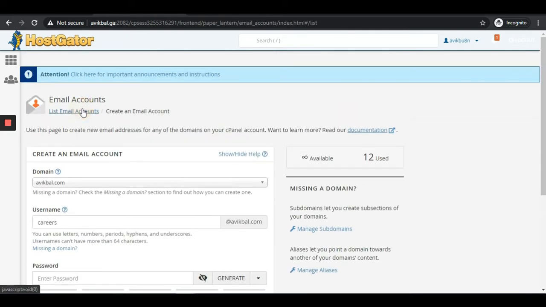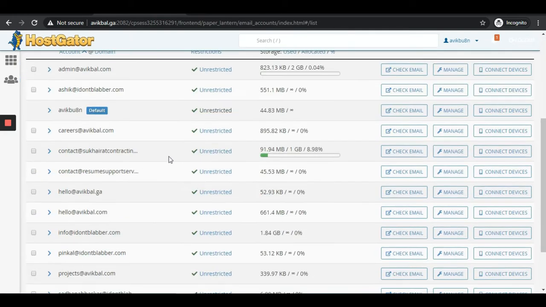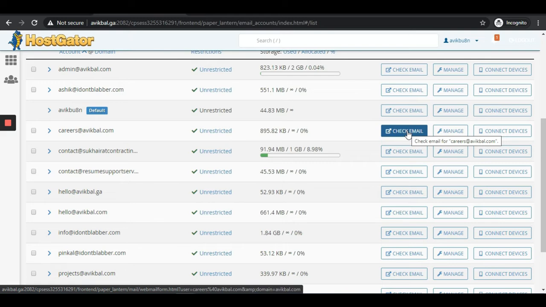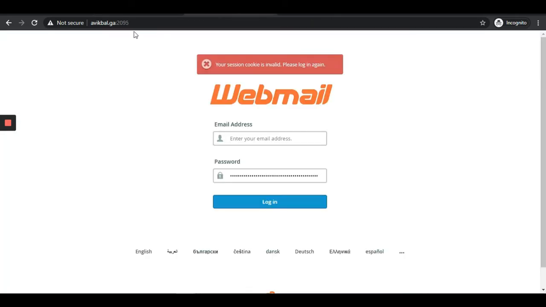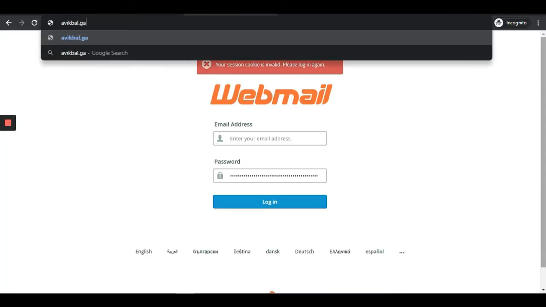For now, I already have this email account created, and this is the email ID that I'm going to connect with my Gmail. You can check the email from this button over here. In case you want to log in to this email account without having to go into the server, you can simply type in your domain name and then /webmail.